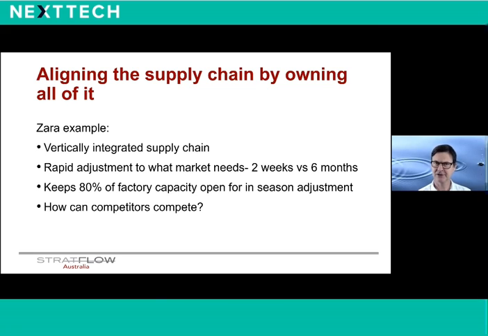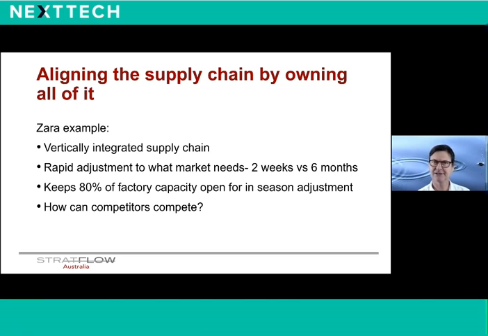So Kasra Ferdows, who is a professor at Georgetown University, says most companies are riddled with penny-wise, pound-foolish decisions to reduce cost. Zara understands that if they don't have to discount as much, they can spend money on other things. And Zara's business strategy allows the company to sell more items at full price because of the sense of scarcity and the exclusiveness that the company exudes. They make 85% of the full price on their clothes, while the industry average is 65%. Unsold items are half of the industry average of 20%. So Zara's success relies on maintaining protective capacity and keeping a significant amount of its production in-house.